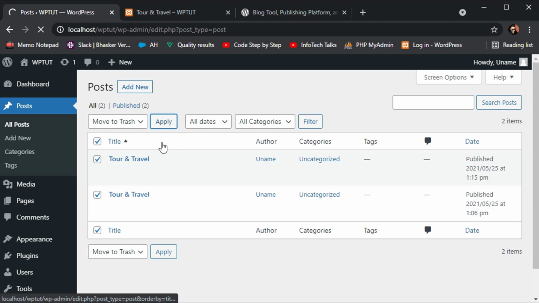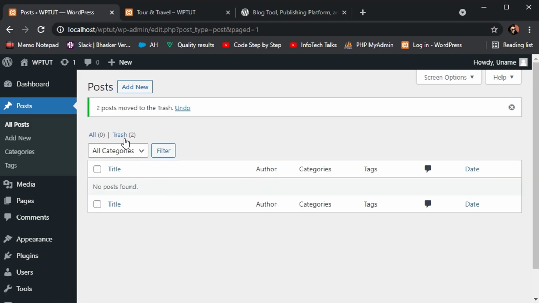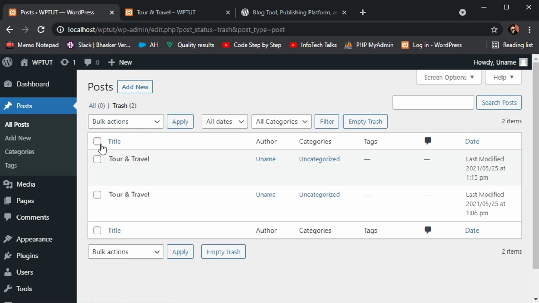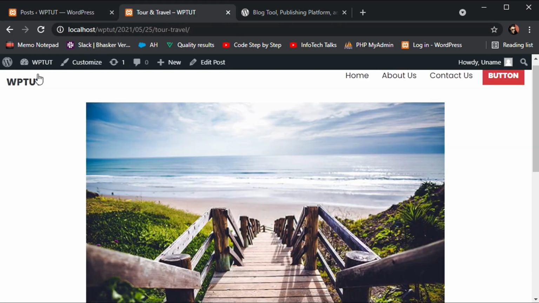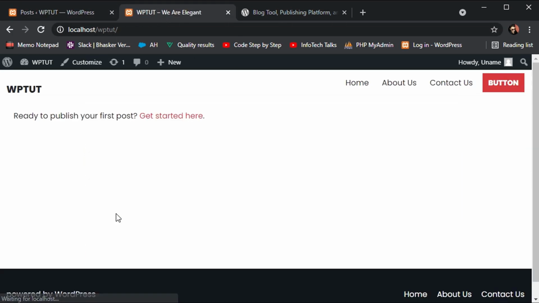Once it's done, you will see the trash contains 2 posts. These are the posts we recently deleted and you can delete them permanently, either individually by clicking on delete permanently, or you can select the bulk option. So this is how you can delete the posts and this is your website.